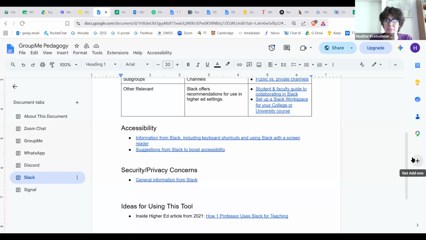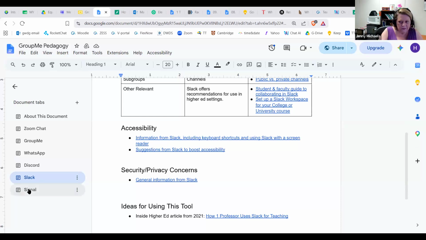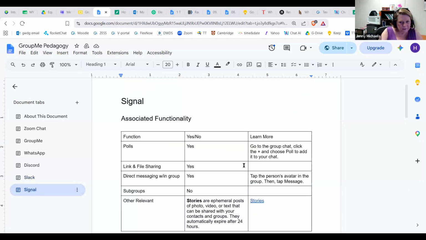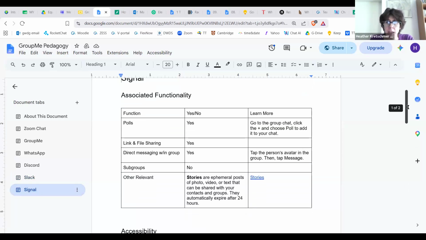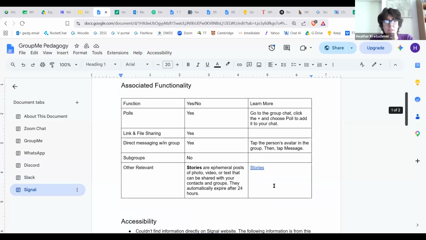And then Signal is one that's really good in terms of privacy. It also has an interesting stories feature where the post will just stay for 24 hours. So I guess if you just want a really quick assignment and you don't want it to be saved forever, that might be something interesting.